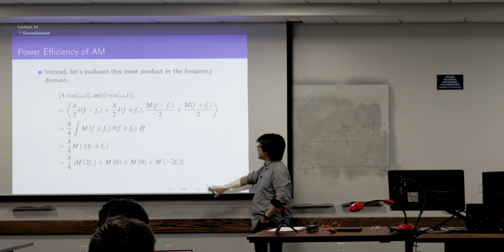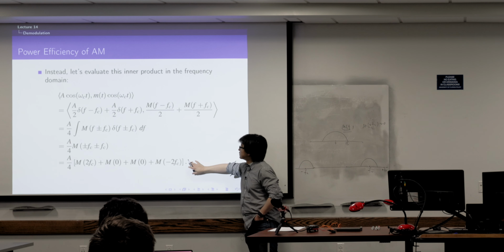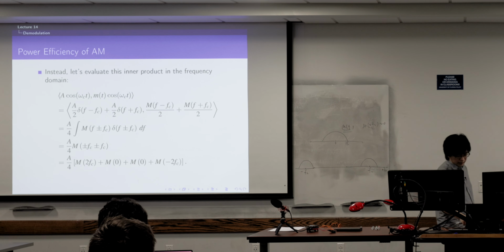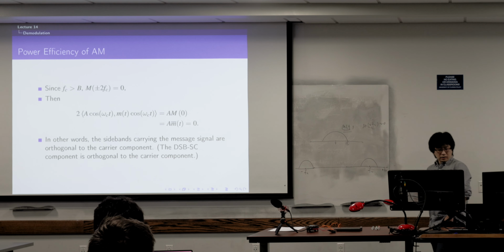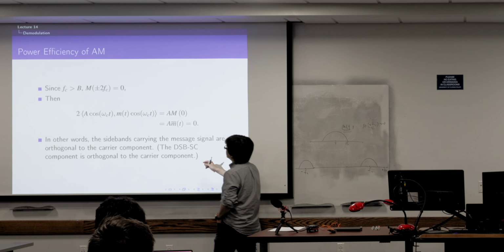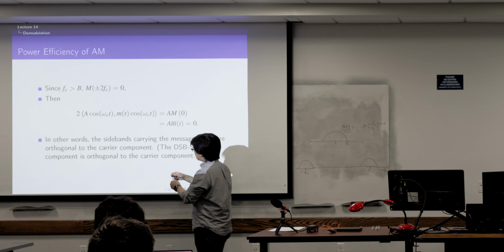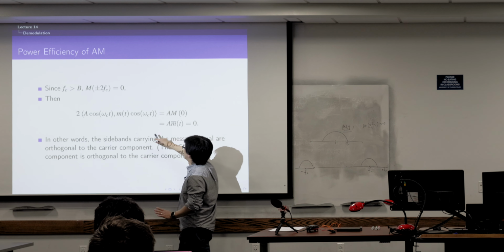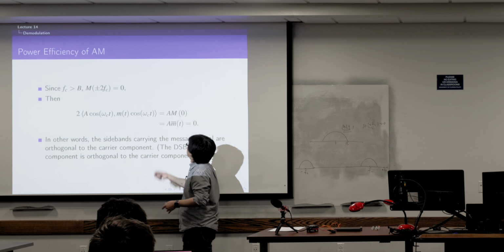The conclusion is that this inner product is 0, which is very nice. Then we say, if the inner product between this and that is 0, then we can say that those two are